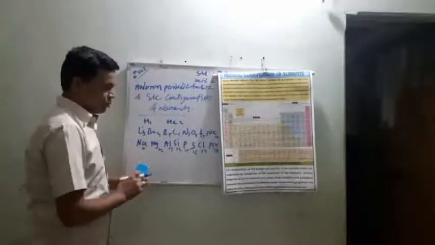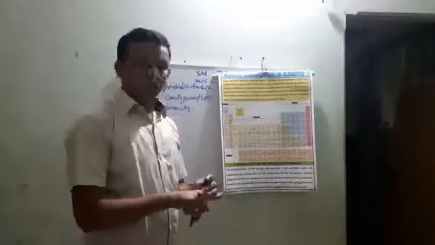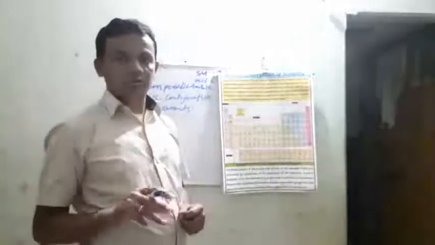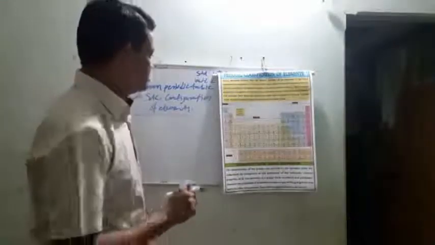So this was important. Now you can remember the names of elements which were present in the first 2 groups, or S block elements. There is also a trick. See,